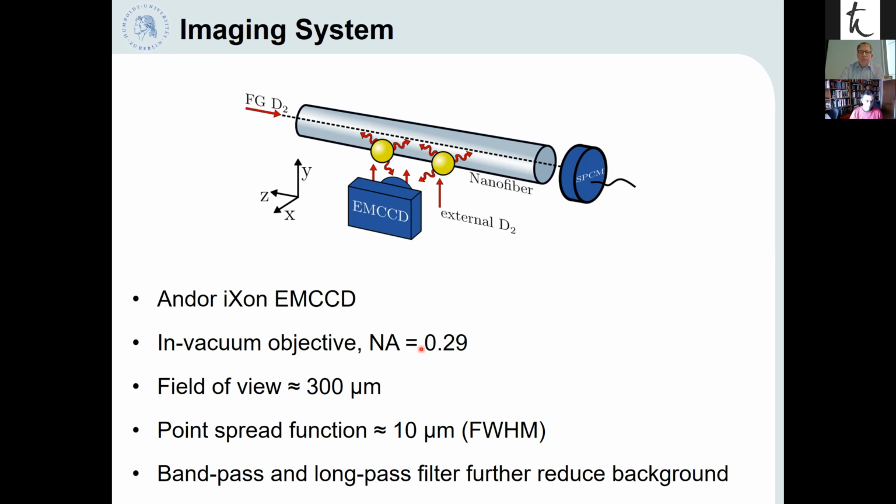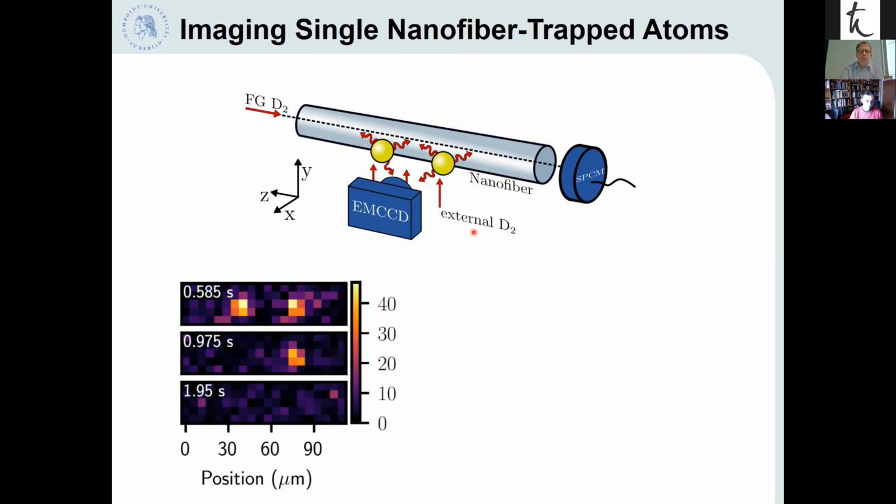And then when illuminating and scattering light off the atoms and recording the fluorescence of the atoms, we were indeed able to image single nanofiber trapped atoms. Here you see 3 CCD images recorded after half a second, after a second, and after 2 seconds after loading the trap. And you see that here we clearly discern 2 atoms trapped on our nanofiber, separated by a few 10 micrometers. After a while, the left atom is lost due to background gas collisions, and another second later,